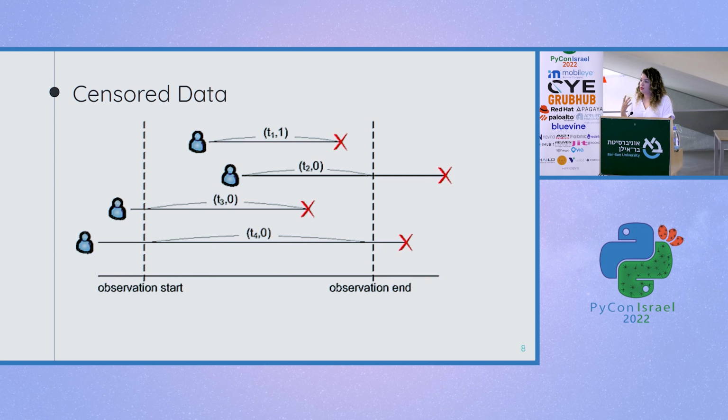Usually when we want to examine some kind of new medicine, we have a trial. We start the trial with all kinds of people that are sick. The start of the trial is when we start to log the event. Then we end the trial, and what happens after that, we don't know. If people die during the trial, we know what happened to them. But what happened after the trial ends, we don't really know.